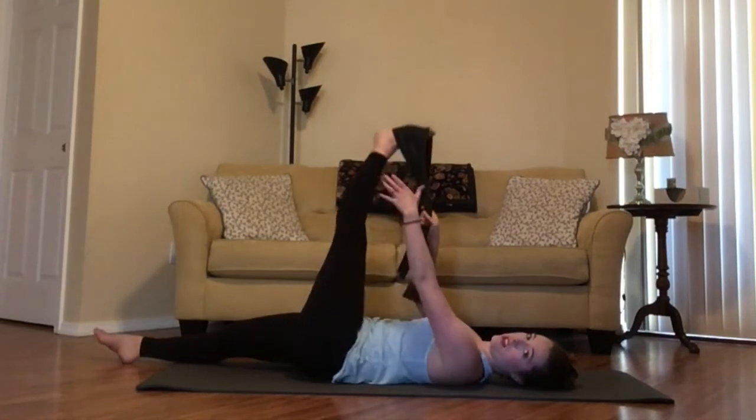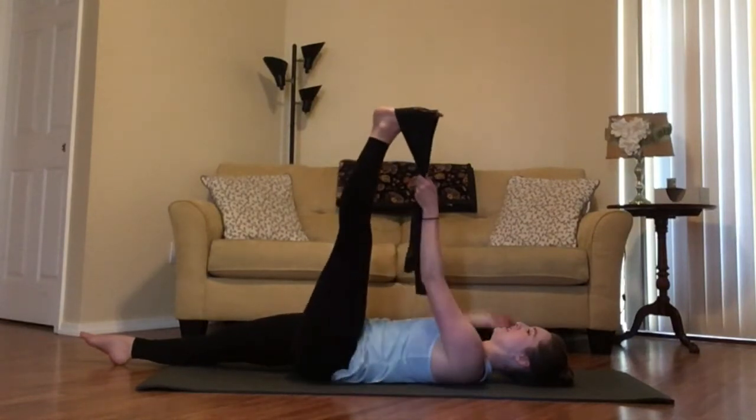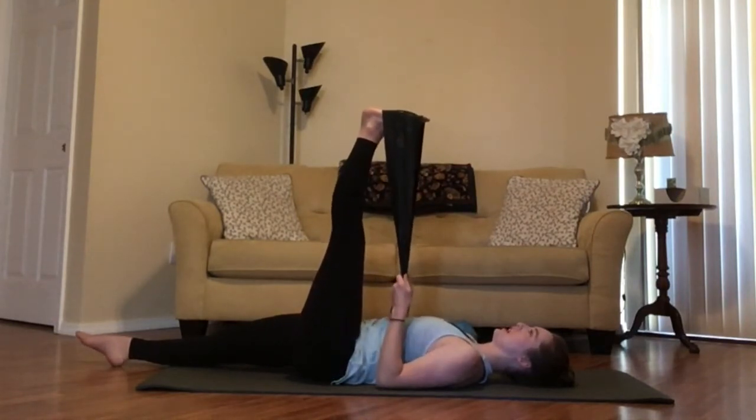And bring the leg through center. Open it out to the side for an inner thigh stretch. And come center. Separating the band, one side in each hand. Anchor your elbows into your sides or your hands onto the mat if you don't have a strap for your